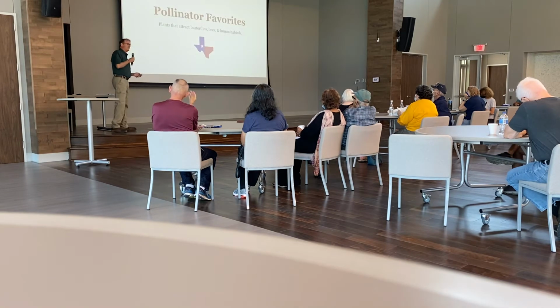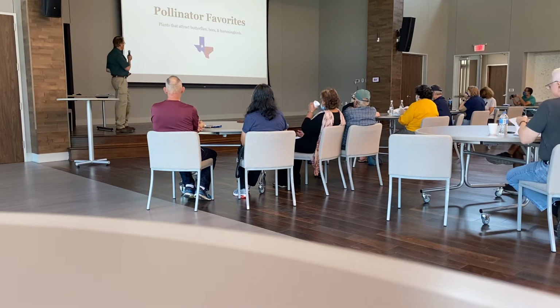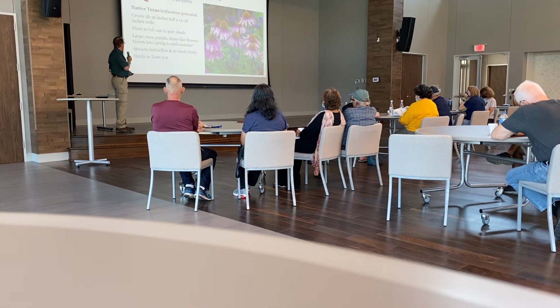All right, pollinator favorites, because a lot of people are really into attracting wildlife to the yard. Butterflies, bees, hummingbirds, songbirds. So let's go through some of these. The classic purple coneflower. If you've been to a nursery in the last 10 years, you've seen they come out